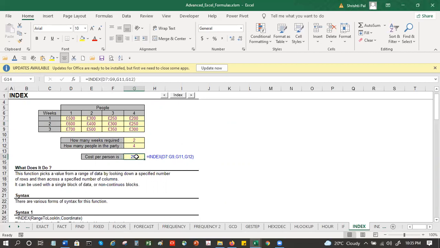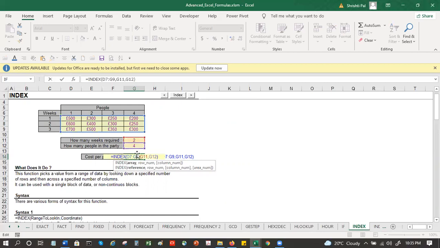If you look at this formula here, what is it telling you? How many weeks required? 2. D7 to G9. Where does 2 lie and where does 4 lie?